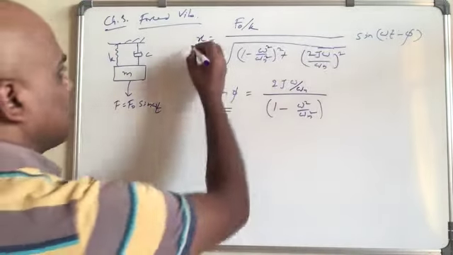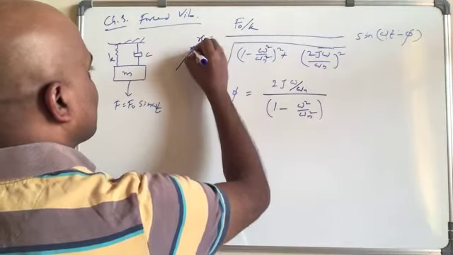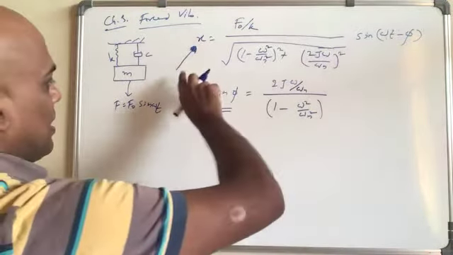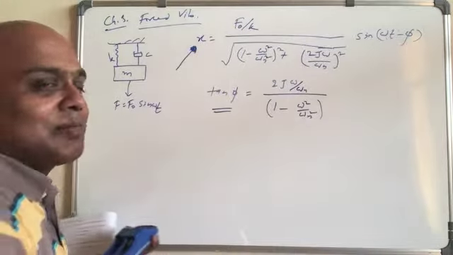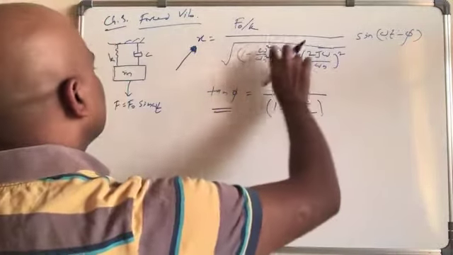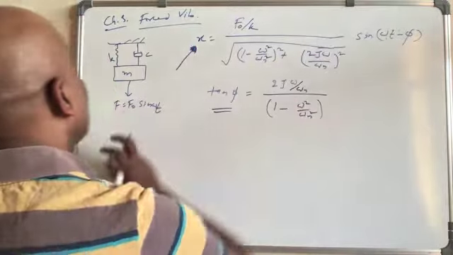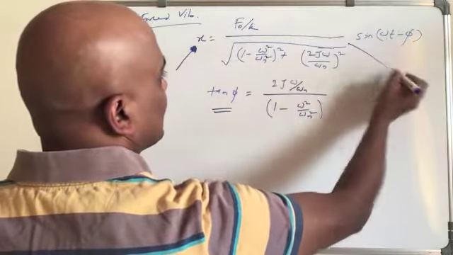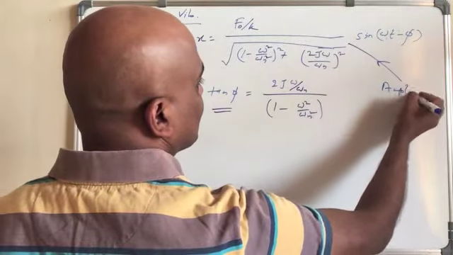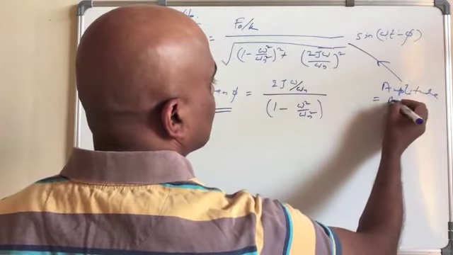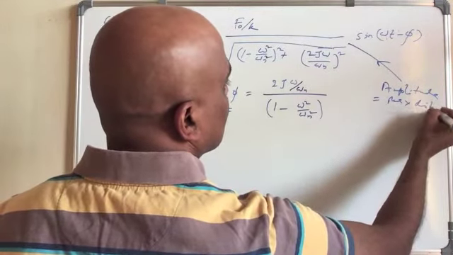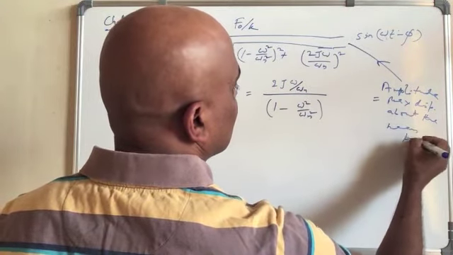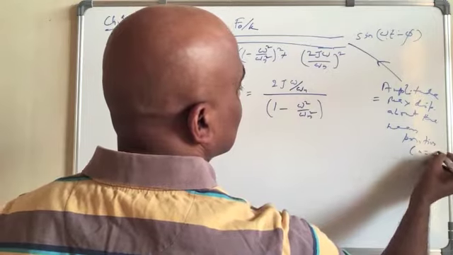So I asked questions on this. What is the magnitude of the oscillation, or the maximum displacement? When I say maximum displacement, it really means this one. This is the maximum displacement with respect to the mean position. Amplitude equals the maximum displacement about the mean position. The mean position means the x equal to 0 position.